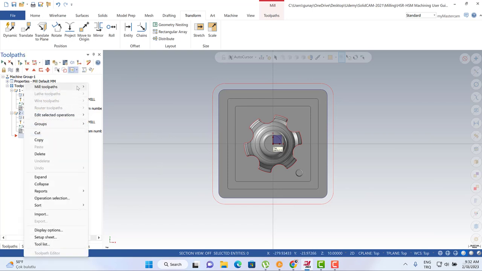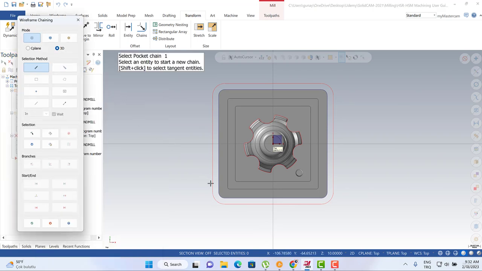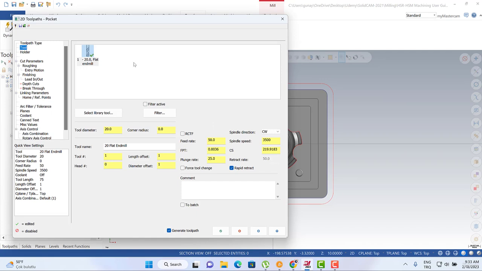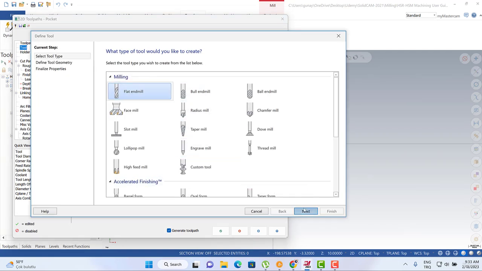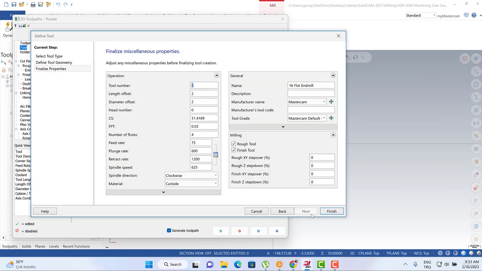Let me turn to the mill toolpath and pocket operation. After that, I can select this one and this one. This is my pocket 1, and this is my pocket 1 chain 2. After that, we can turn to the tool options. I can use the right mouse button and create my tool. While I am creating my tool, according to my perspective, we're gonna use the 16mm end mill. This is tool number 2,